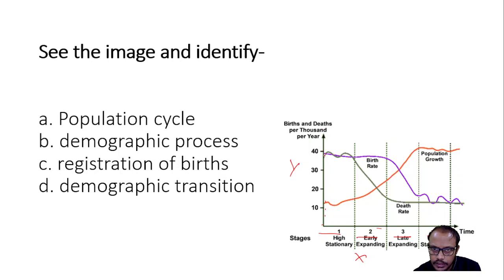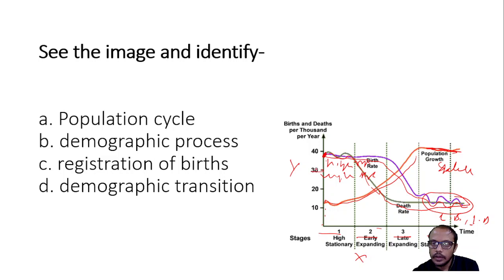Death rate is higher, and birth rate is gradually declining. Birth rate is declining and stable now, and the death rate is declining and stable down right here. Okay. Population is stabilized here. Population growth, then here stabilization of population. Low stationary means low birth rate, low death rate, stable population. Here, high death rate, high birth rate,